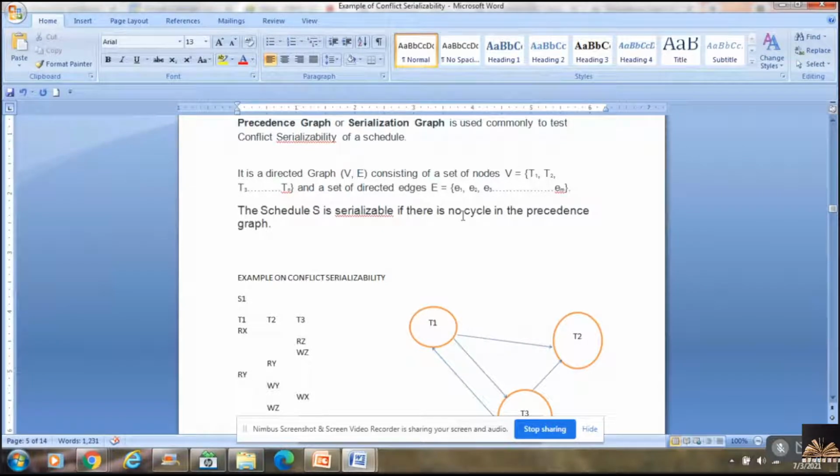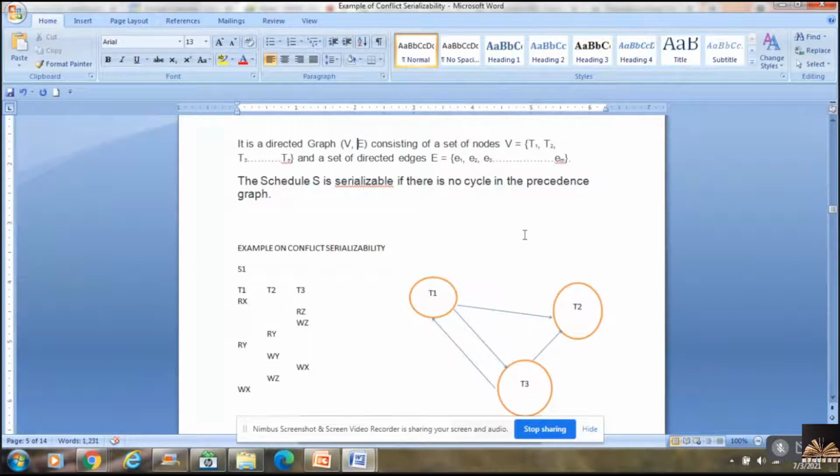There should not be any cycle. A cycle is something wherein if you start at a particular vertex, you are able to reach that same vertex again. Then I can say I form a cycle. Now, what we have to do in order to build this graph, and how do I know whether it is conflict serializable or not?